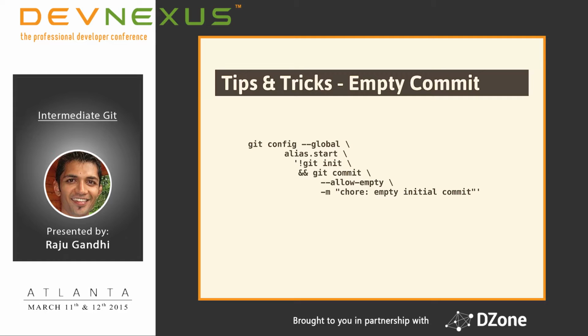The minute I create a directory to write an email in, git start, enter, boom, I get an empty commit. I can start working off of that. You're doing okay so far? Make sense? There is something called Git archaeology,